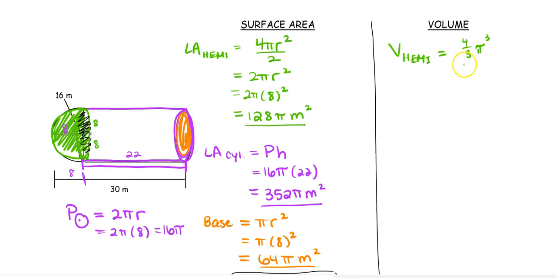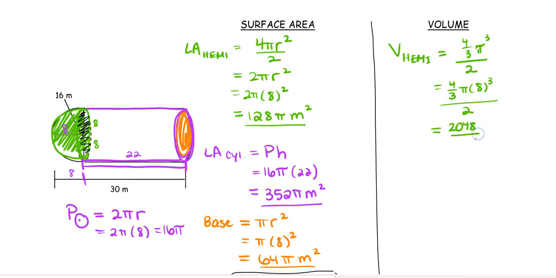But again, that's for a whole sphere, so we have to cut that in half. That gives us 4/3 times pi, our radius has been determined multiple times, cubed, all over 2. Now this could cause some issues just with your calculator. So you just have to make sure that you can make this calculation. So we do 4 divided by 3 times 8 cubed. If I just do that calculation alone and then math bracket, I get